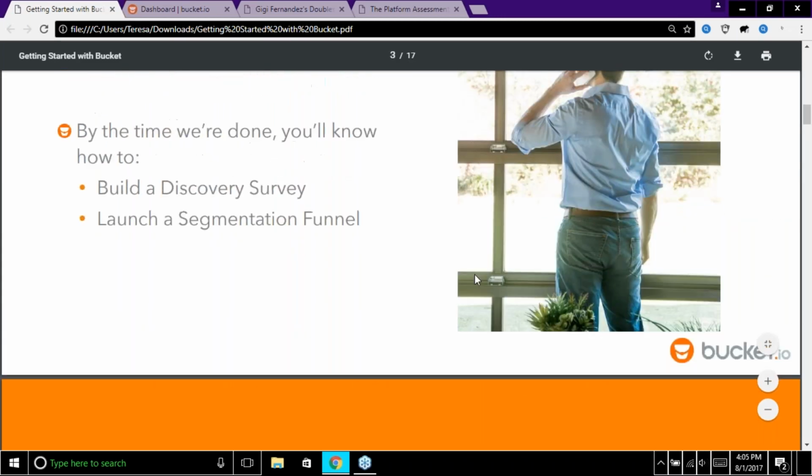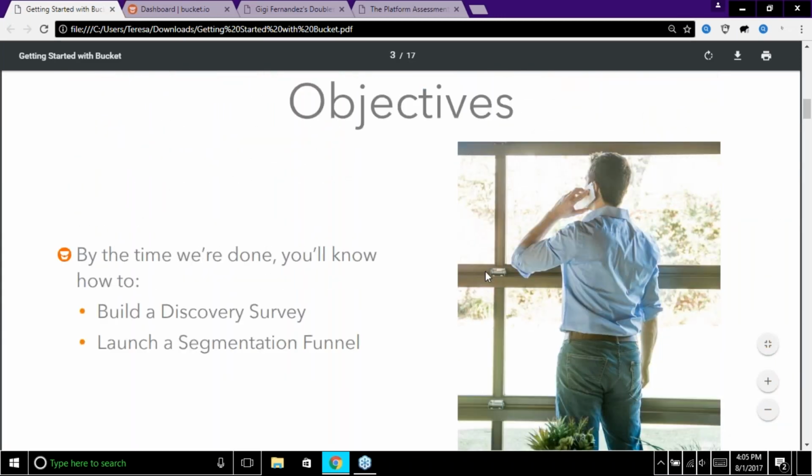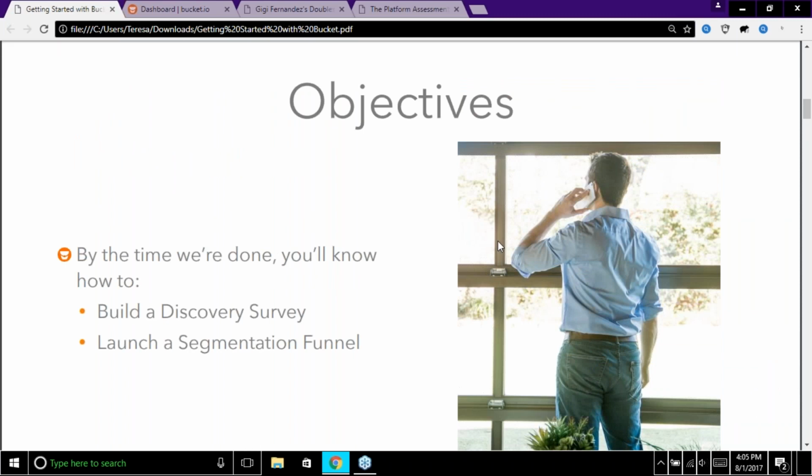By the end of this call, you're going to know how to build a discovery survey, and you're going to know how to launch a segmentation funnel. I'm going to walk you through both of them. We're going to look at reporting. We're going to look at integrating with your email provider. So there's a lot of stuff we're going to be covering over the next, like I said, 35, 45 minutes